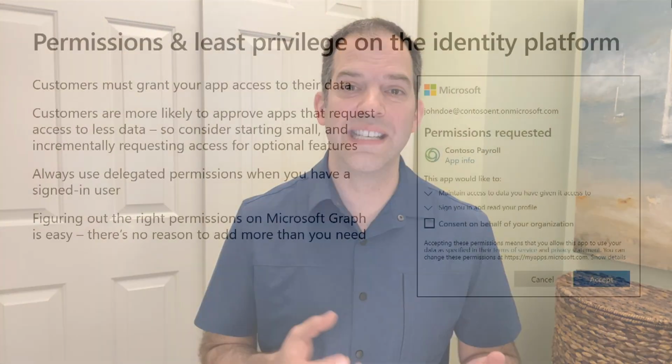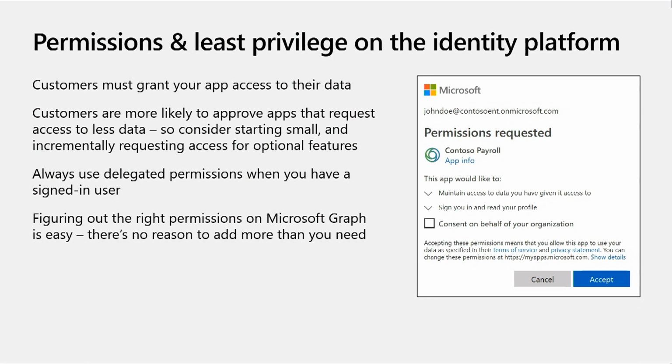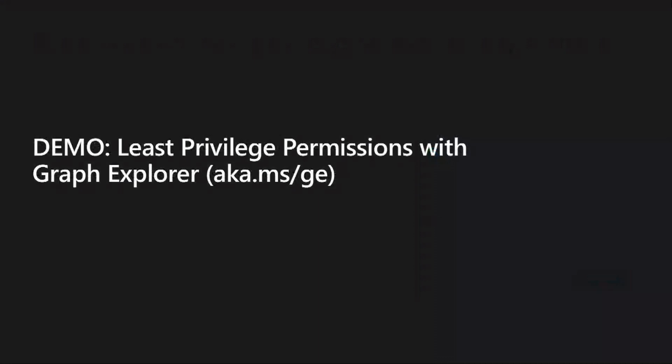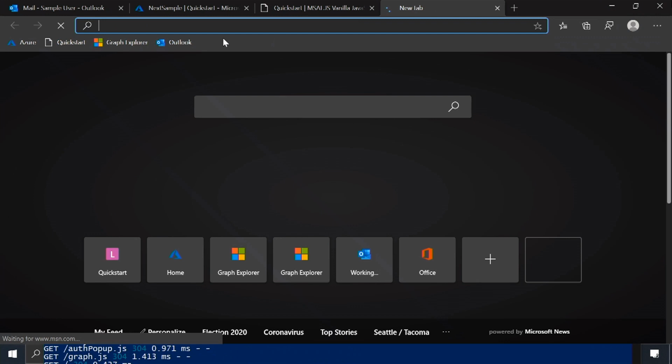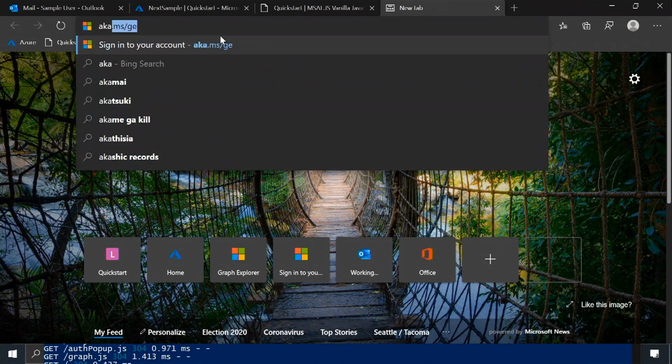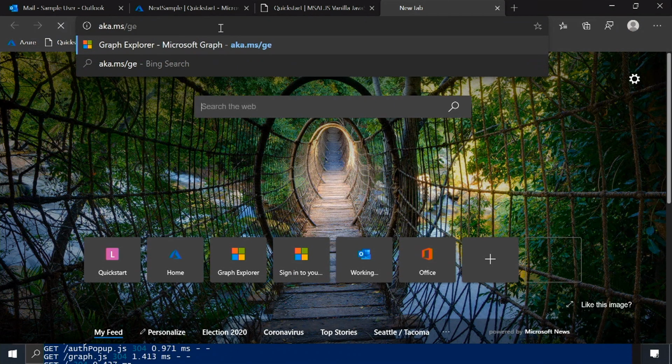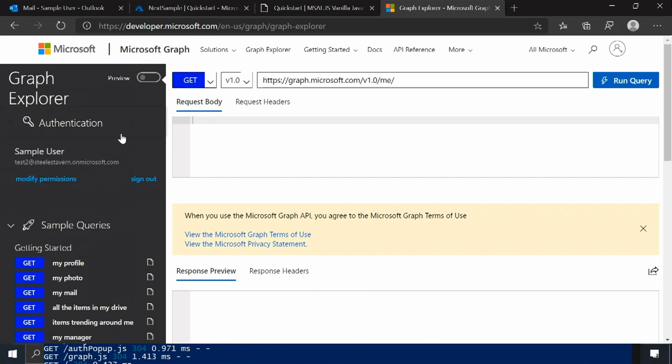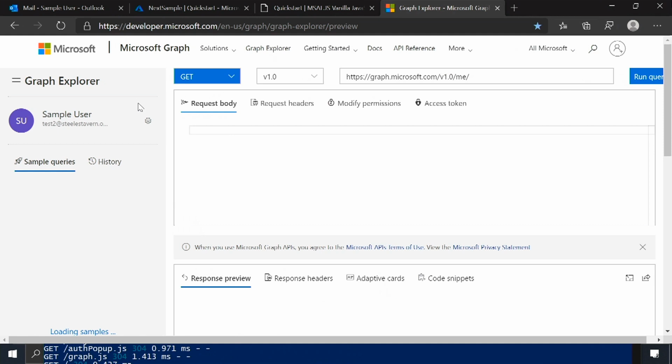Now, how do I figure out the right permissions for the data that I need to access? That's really easy now using some of the integrations we have with the Graph Explorer. So let's go back and take a look at how we use Graph Explorer to understand the least privileged permissions to use with the app. I'm going to open up the browser we had before, and I'm going to type in the way I get to Graph Explorer, which is aka.ms/ge. And here, I'm already logged into Graph Explorer, and I'm going to turn on the preview version of Graph